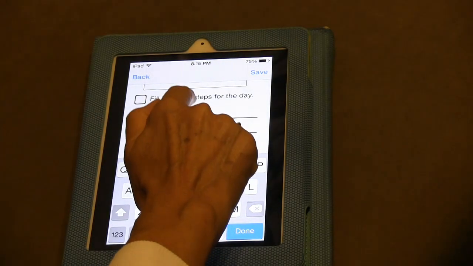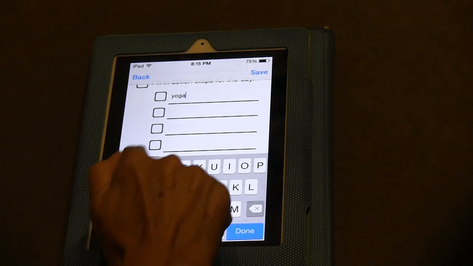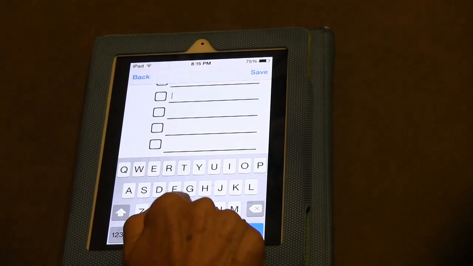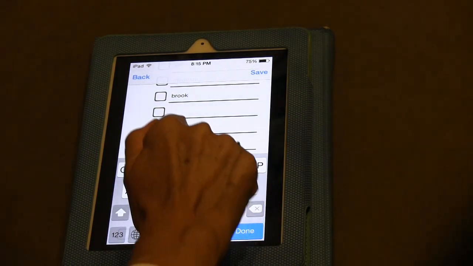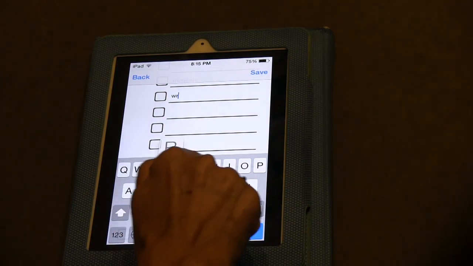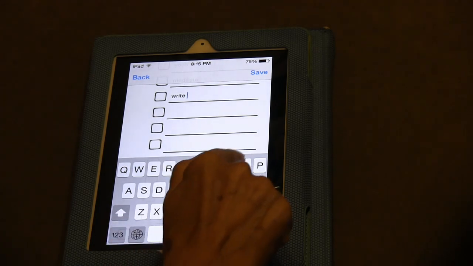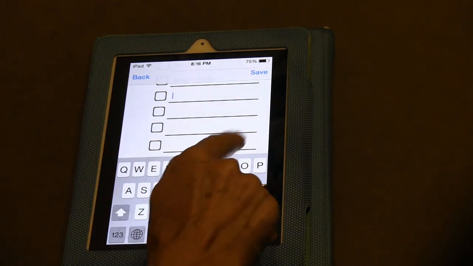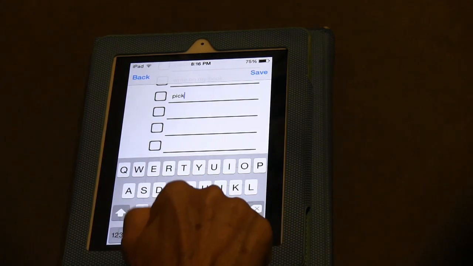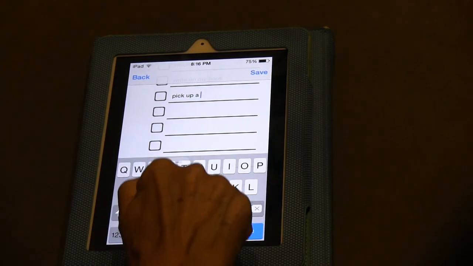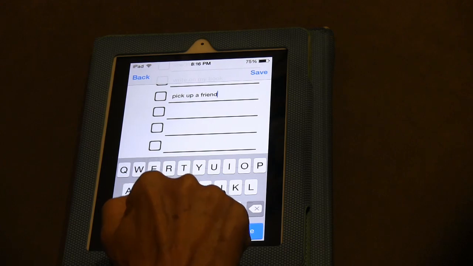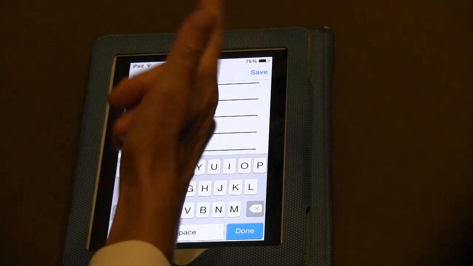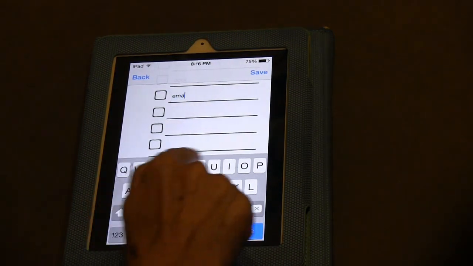All right, let's do that. Today I need to do yoga. I would like to meditate. I would like to write on my book. I also have to pick up a friend. I also need to cook. I have to write my emails,